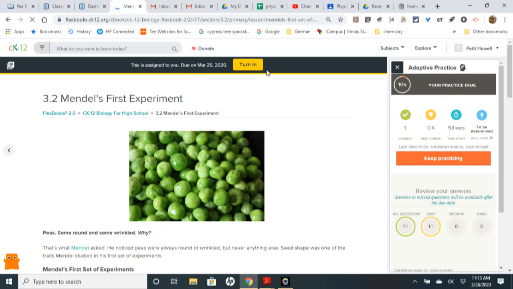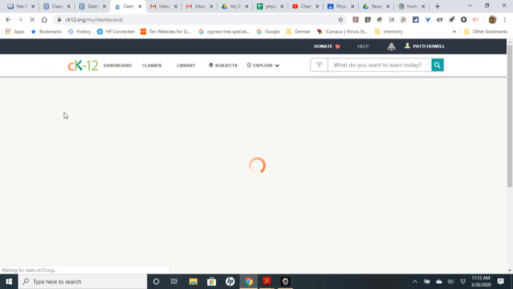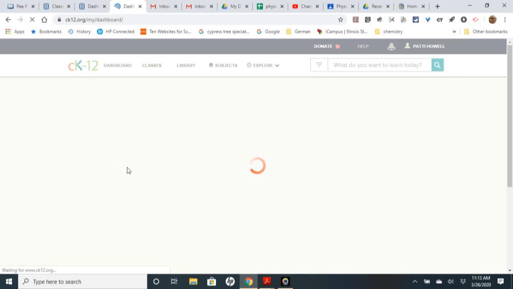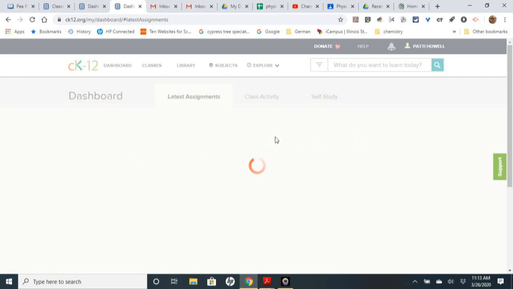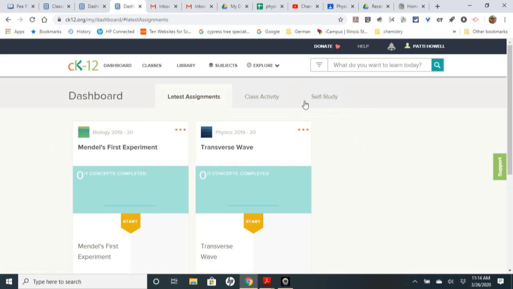Make sure that whenever you're done with your assignments you hit that turn in thing, because it's going to show up on a spreadsheet for me, and that way I can give you credit for it. And play around with this. It has places for you to create and keep your own things. Sometimes it'll have flashcards for you to do. You can click on self-study here,